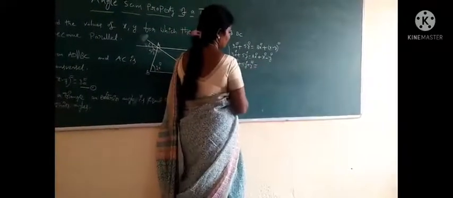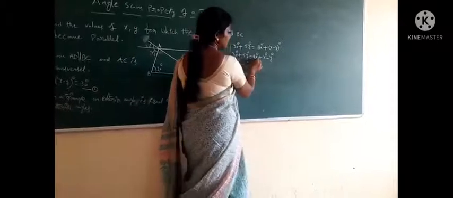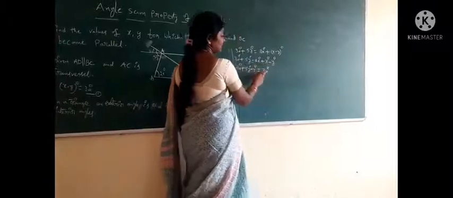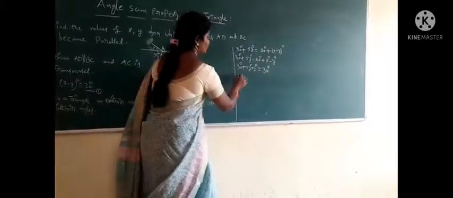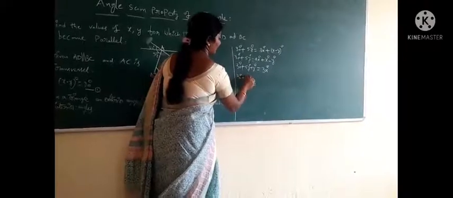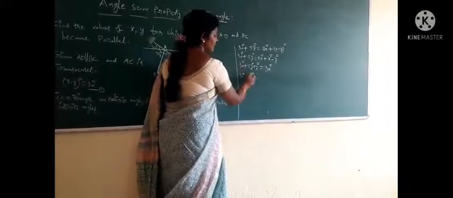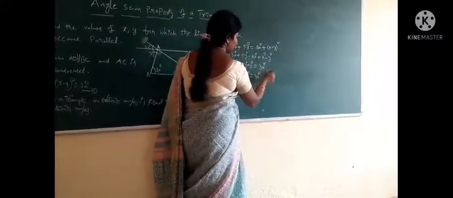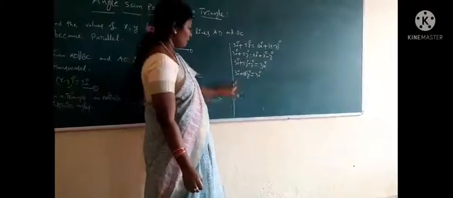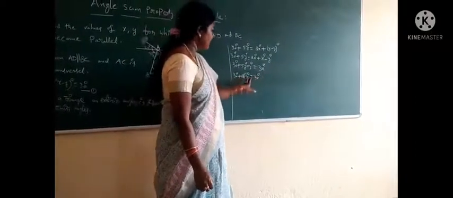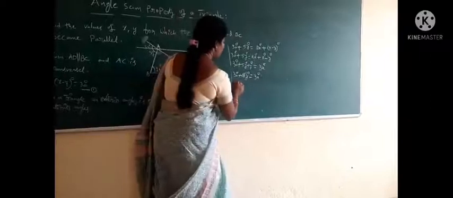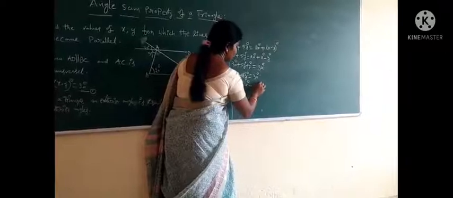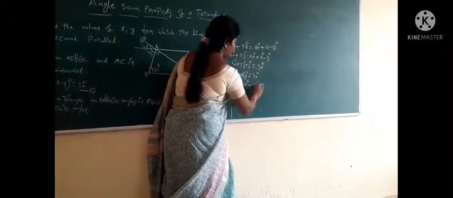Degrees is equal to 2x degrees plus 3x degrees is equal to 3x degrees. 2x plus x degrees is equal to 3x degrees. So 30 degrees plus 5y plus y, 6y degrees is equal to 3x degrees. 6y going to the other side is minus 6y degrees. So 30 degrees is equal to 3x degrees minus 6y degrees.